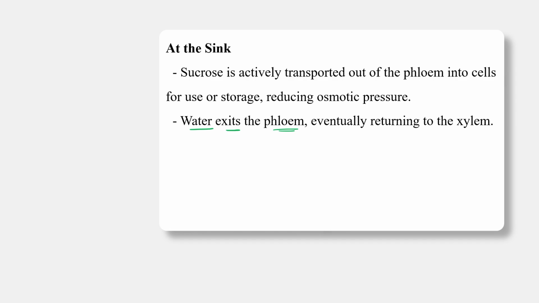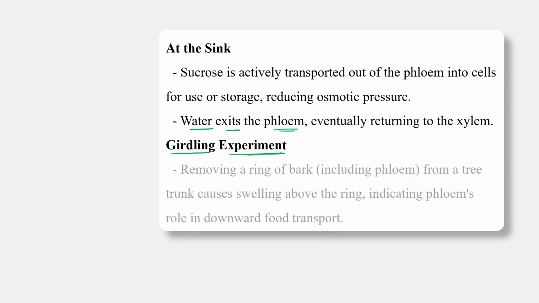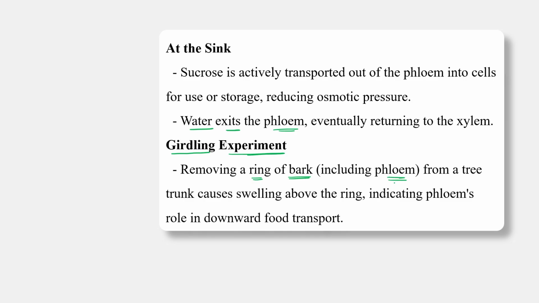Just now we have discussed this diagram, right? Now let's discuss this experiment, the girdling experiment, in which a ring of bark is removed, which also includes the phloem, from a tree, which causes tree swelling. The upper part of the tree, like this is a tree. Here food synthesis occurs. This is the sun. So if we cut this particular area like this,